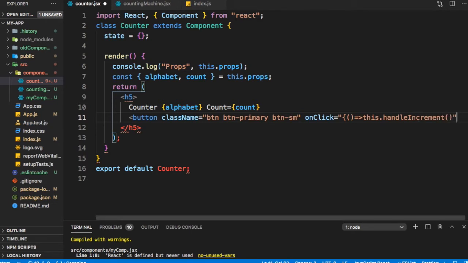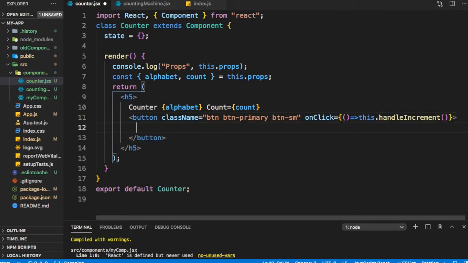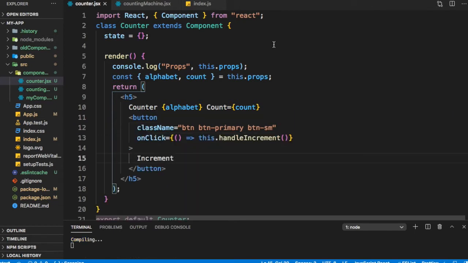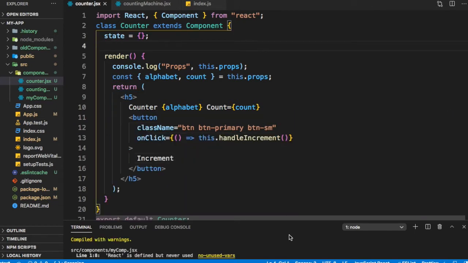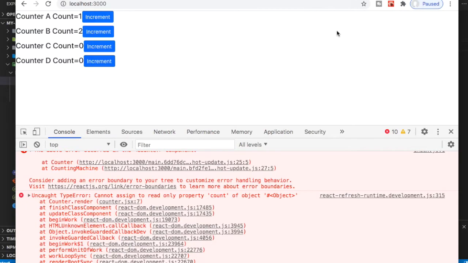That's the handler. And what do we want to show here? Increment. So we get this button.